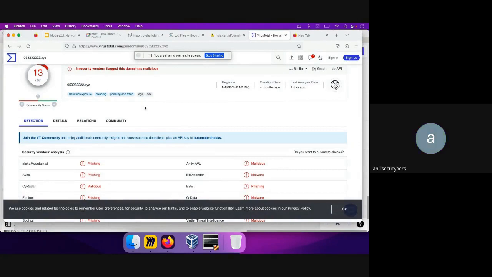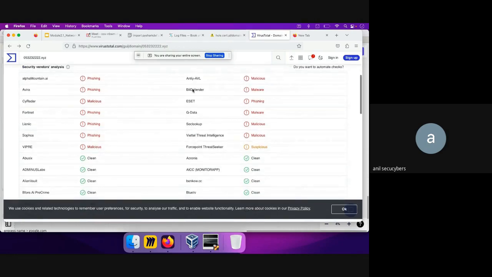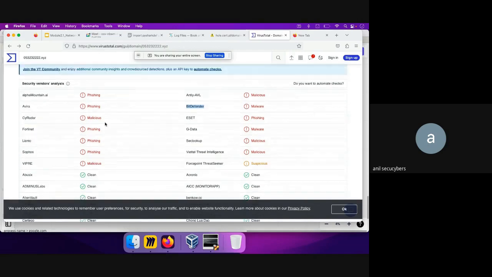In that case, let's say only two antivirus engines are reporting it as malicious. There can be two possibilities. Either that website is not really malicious and it is just a false positive alert, or maybe it is a new attack and only two antiviruses, maybe the best ones like Bitdefender or Kaspersky, were able to detect that it is indeed malicious. So it can be either